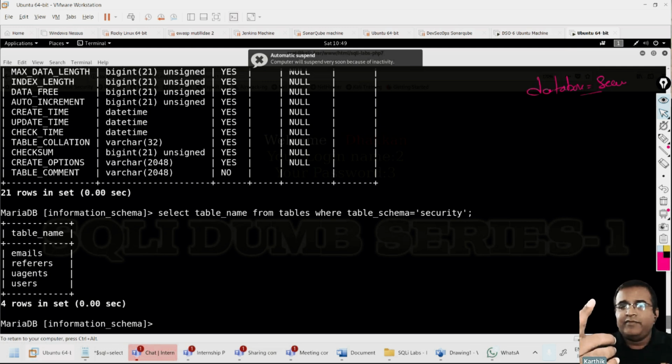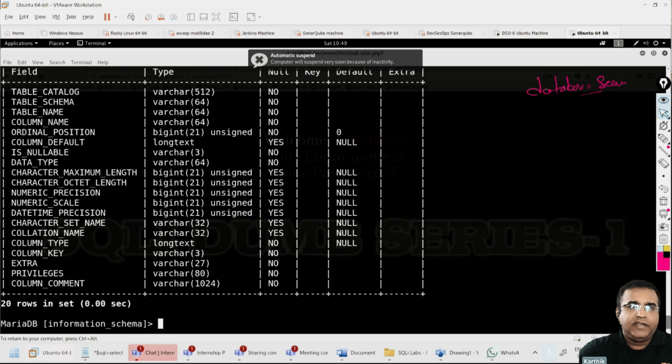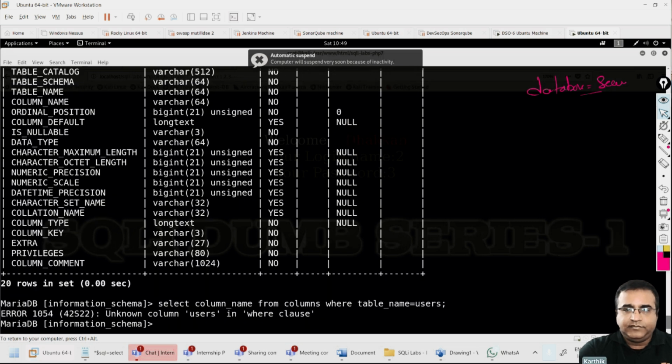So we can do the same thing for columns also. Let's do the desc first, the description of that particular table. So I get column name. So select column underscore name from columns where table underscore name equals users. Okay.